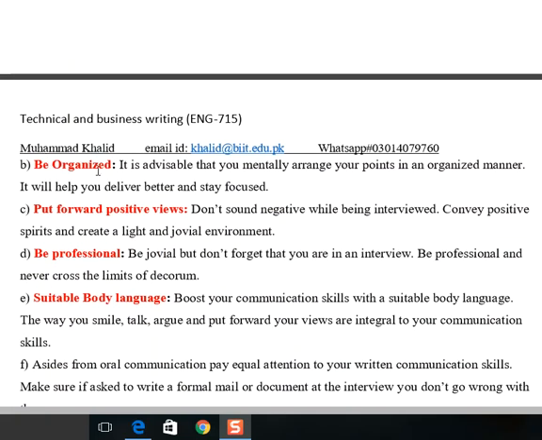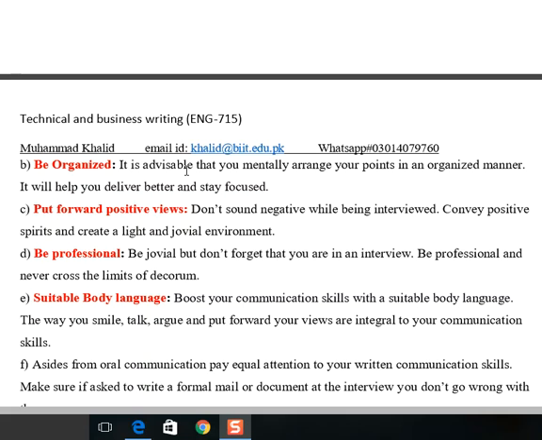Next, be organized. It is a very key point that every person going to appear in an interview should be well organized, properly dressed, and should carry the handout, the proper information about the nature of the job, the responsibilities, general knowledge, and many things. Clear? Every vacancy requires different kinds of preparation.